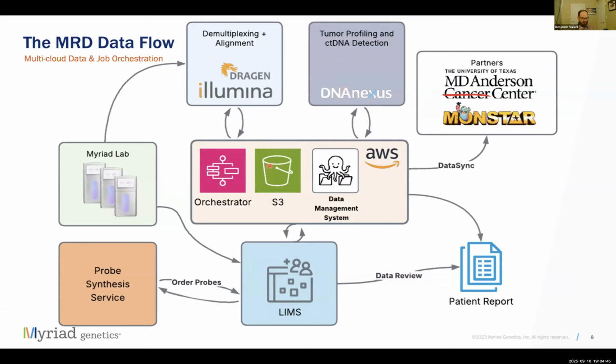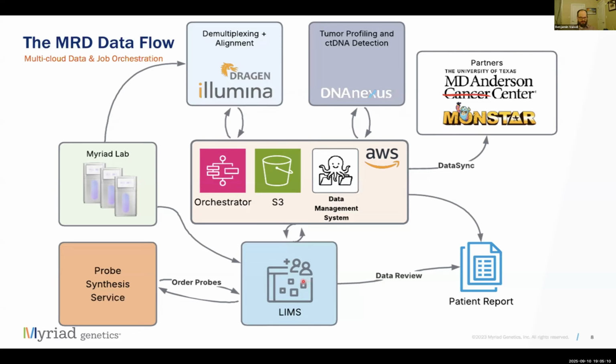Next, our orchestrator takes control. The first analysis is demultiplexing in ICA. This is recovering the individual samples from the flow cell where the samples were combined. The orchestrator starts and monitors the job on ICA utilizing Illumina's BCL Convert software, and this updates the LIMS and the data management system as that process goes on.